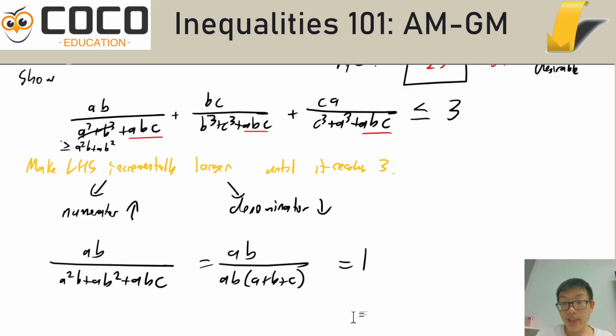There are more things to say, but I think the video has gone long enough. So this is AM-GM. When we understand it and we also understand how we approach inequalities, the same logic applies to all the rest of the things you may or may not be familiar with, your Cauchy-Schwarz, your rearrangement inequality, your Jensen's inequality, and so on and so forth. So we'll continue to look at some more things on inequalities, but I hope this lays a good foundation.